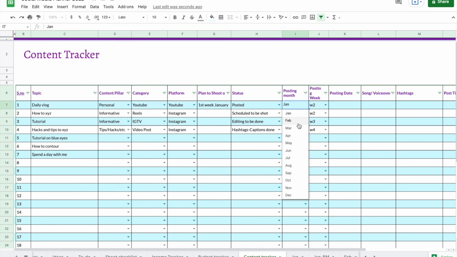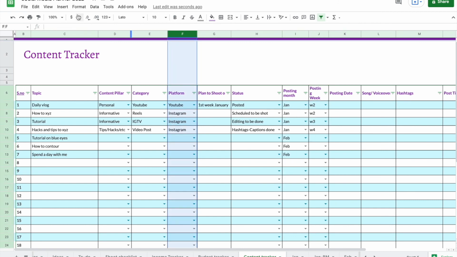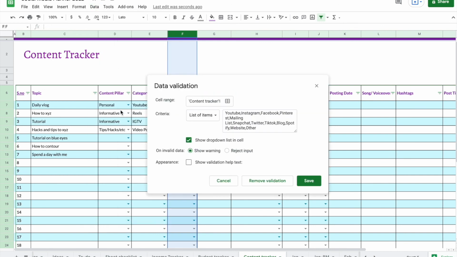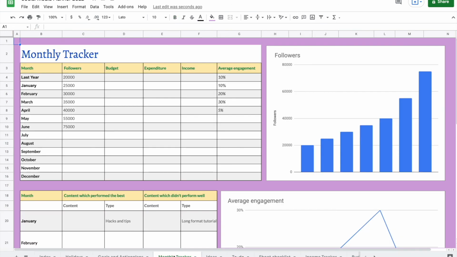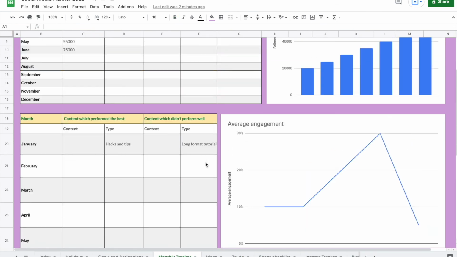If you don't want to be restricted to this, if you don't want a list, just select this and go to data validation, and you can remove the validation from whatever cell or the whole column. You can also enter different options for yourself as per your need. If you don't need so many things, you can remove and customize the list as your own. And you can do the same for any platform you have.